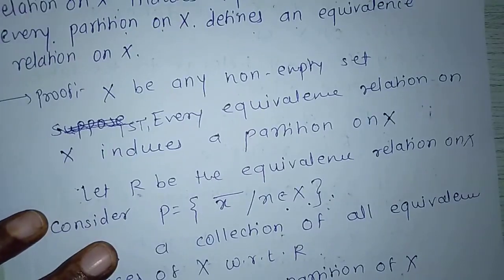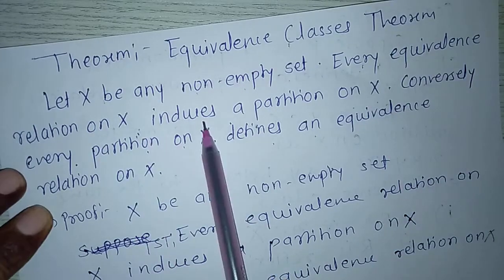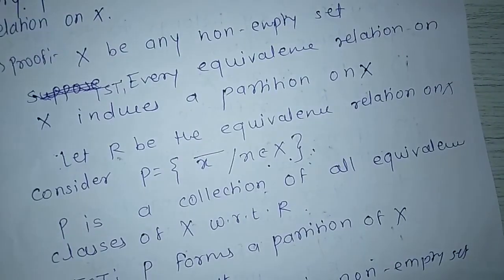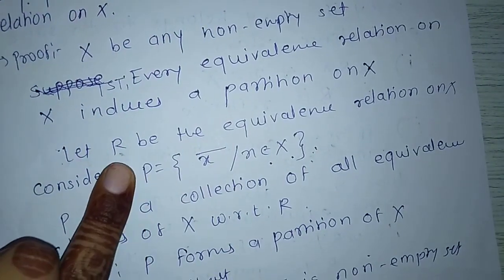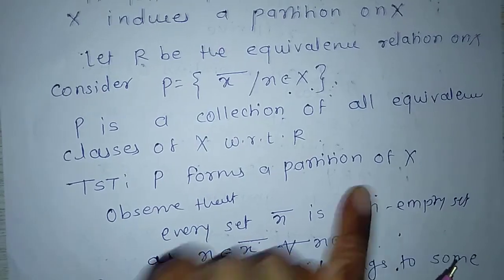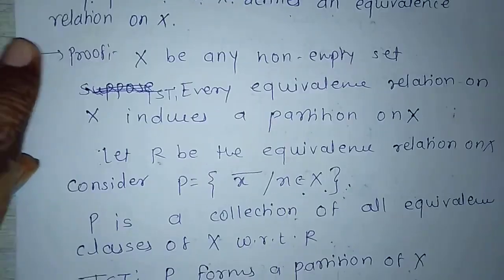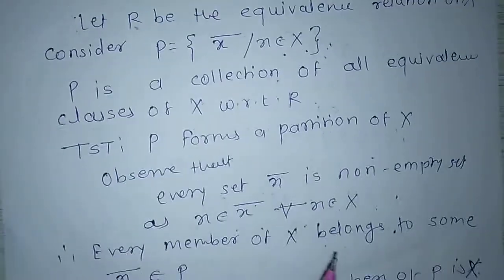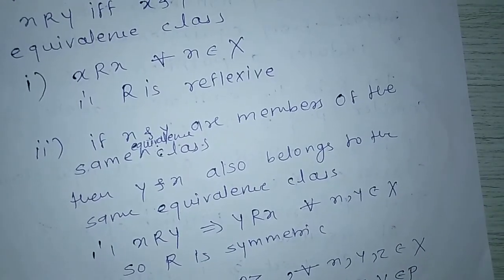First, we proved every equivalence relation on X induces a partition on X. In this, suppose we let R be the equivalence relation on X, and then we show that this set forms a partition of X, and conversely we suppose P is a partition on X, and then we show that R is an equivalence relation. Next,